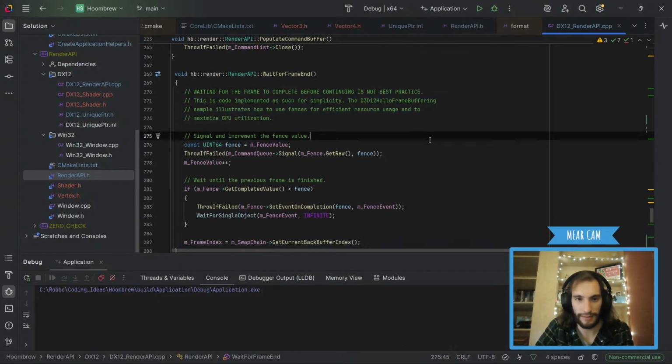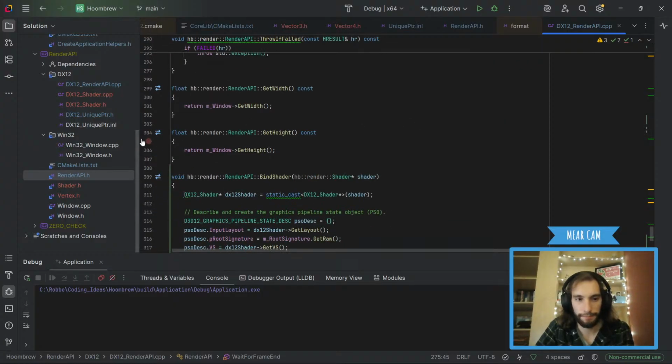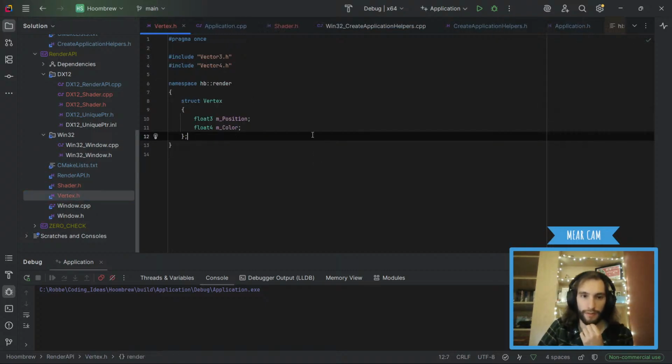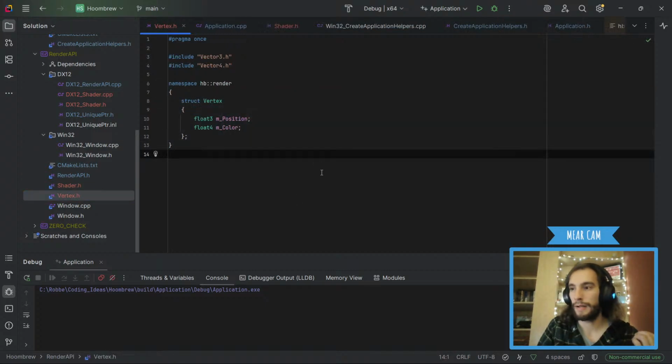We also still need to fix this. There's so much to fix. But we have our shader now. Even though it's a basic version, we got our vertex already here as well. I think next thing we need to do is make a mesh class. But I think I'm tired. I'm way too warm. My water is almost empty.